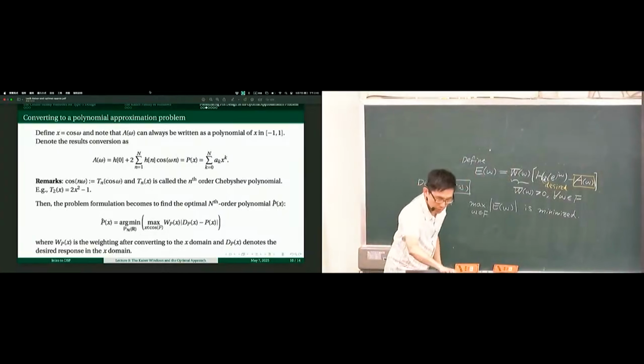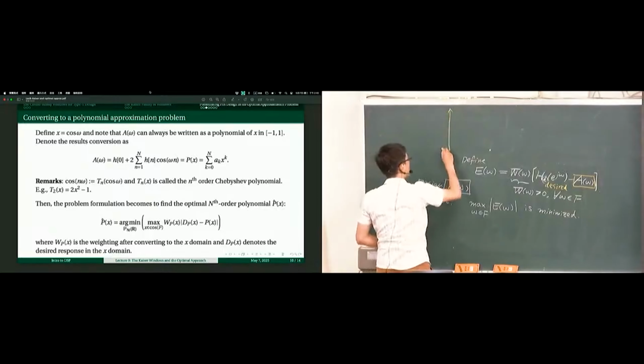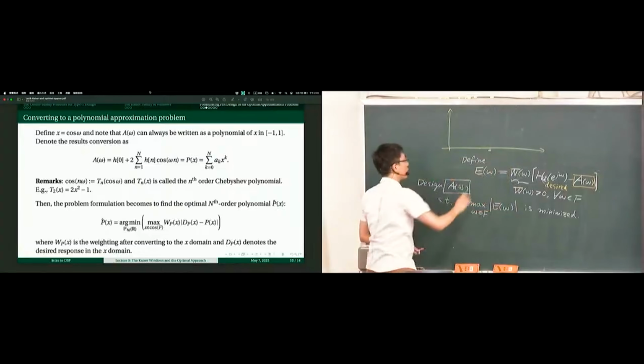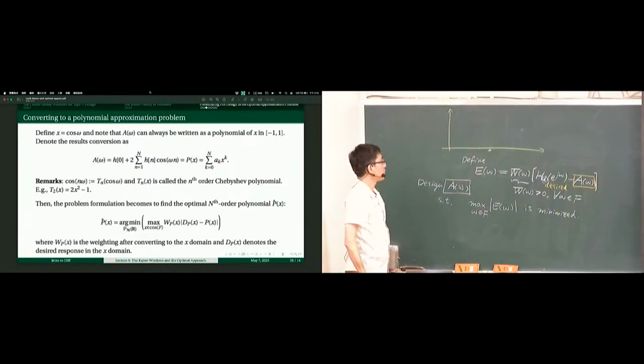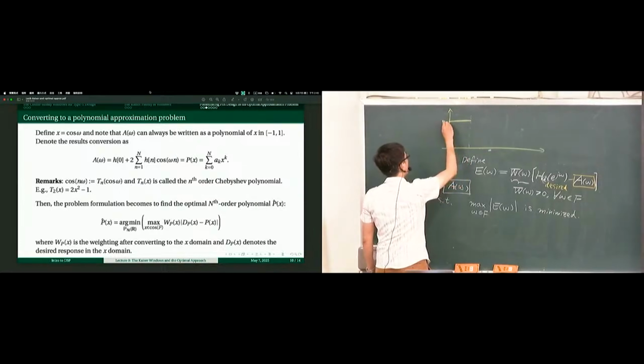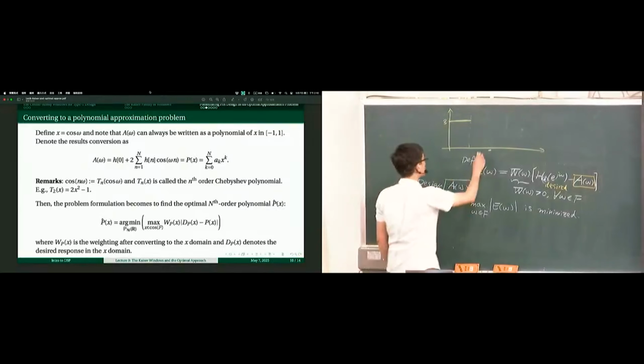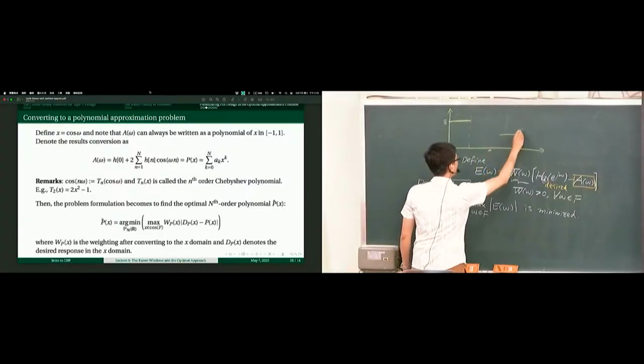All right, so let's say we want to design a filter with a low pass band and a high pass band. How about that? Gets fancy. Our desired response has a cutoff frequency and a gain of 3. Let's be fancy right now. And there's also a high pass band, and this is